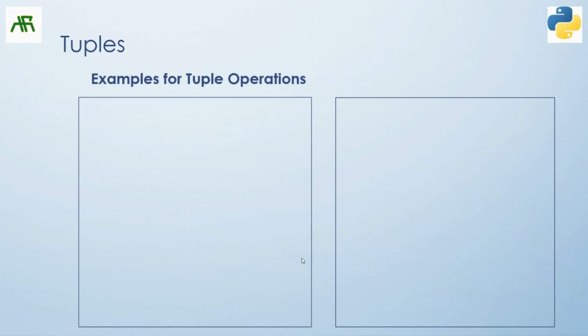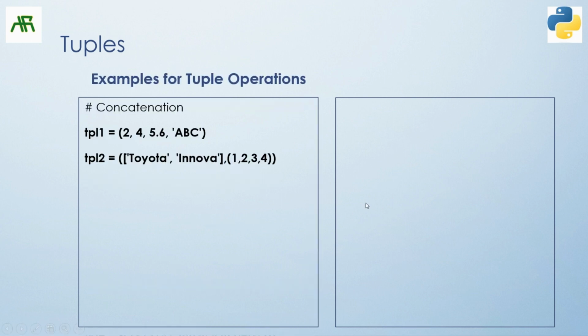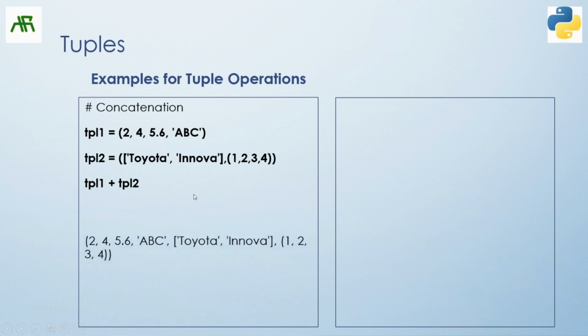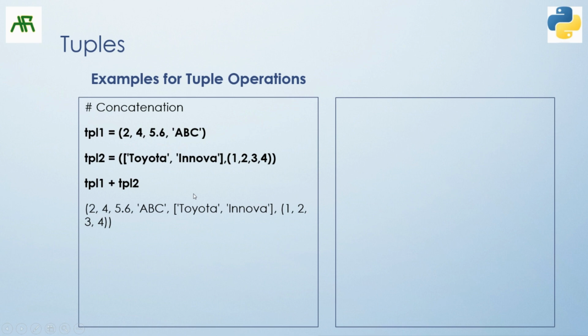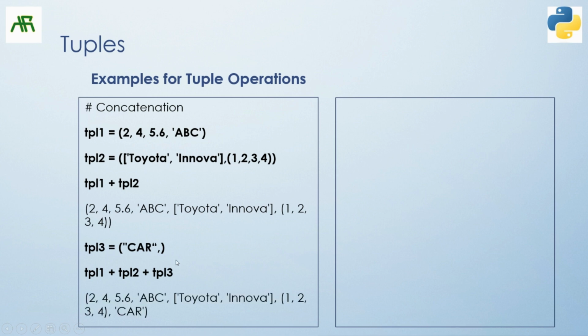Some examples. I have two tuples, one with some numbers and a string, another with a list and a tuple element. When I say TPL1 plus operator TPL2, this is what I get as an output. And if you have another tuple with another string element, remember if you have a single element tuple, I need to end that with a comma. So I have a comma here, and TPL1 plus 2 plus 3,